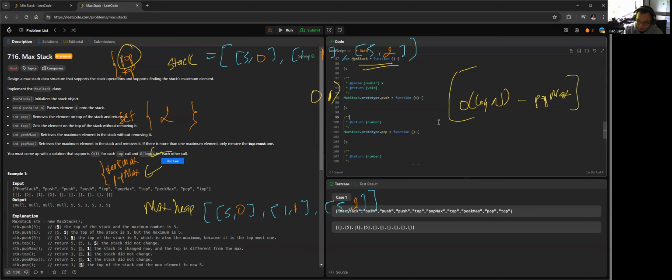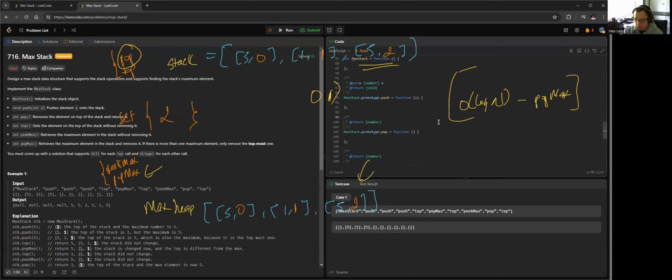So whenever we call the peek max method again, we're going to check the root, because peek max is looking at the root, which is the maximum element. If we see that the ID at the root is inside the deleted set, we're just going to pop it off